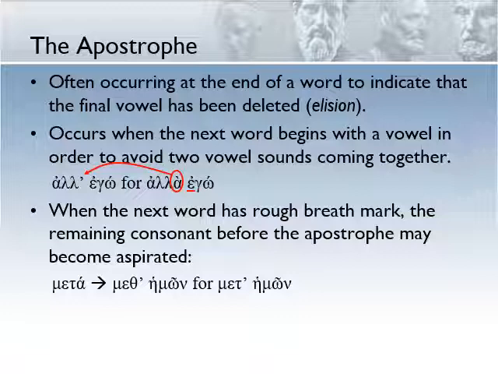So meth'hemon is what we have for meta hemon, which was originally meta hemon. So it's this alpha then that has elided, become an apostrophe. The tau at the end of meta has been aspirated because of the